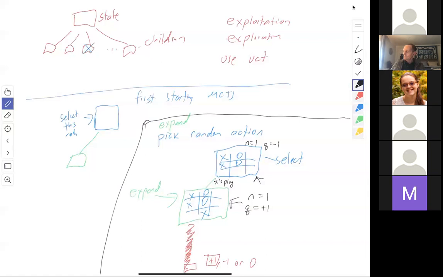I think probably just the root of the tree. The root of the tree, and here's why. Because there's still actions we haven't tried, right? And so therefore, you stop at a node that has untried actions. And until you've fully filled out the node to have tried all actions, you don't go any lower. So we would now go ahead and we would expand